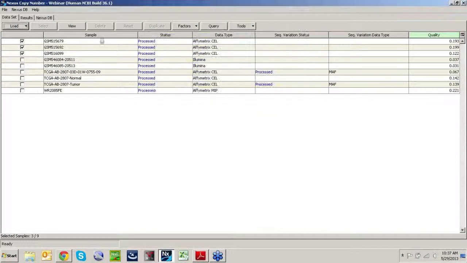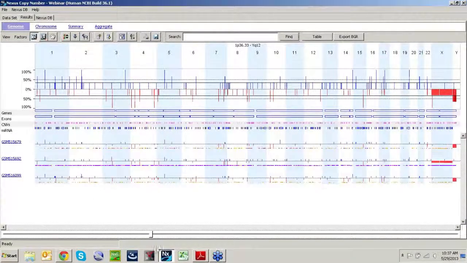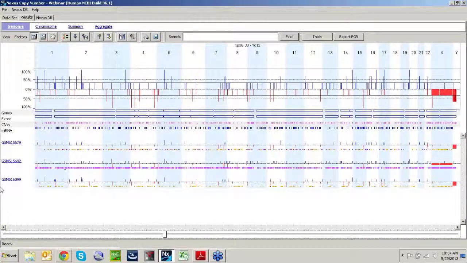Okay, so right now we can see we have the sample IDs, we have the status of the samples saying that they're all processed, and our data type. Okay, and so here we can see our results. Let's just click the slider bar over so we can zoom in a little bit. So right now we can see that we have these identifiers here, which are just the sample IDs. This is useful if you know which sample is which, but for our purposes right now may be a little